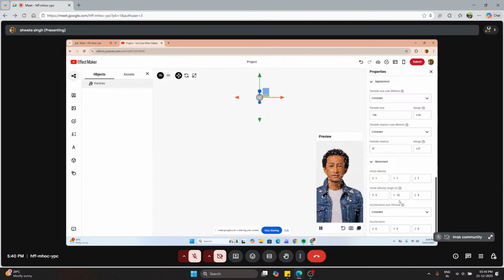So I want to put in 15. If I want to put a range, this will be happening here. Then accelerations: if I want to put in 10, I'll put in 10. Depending upon it, you can play with it and go using a different form of it, like this. If I want to go this way,